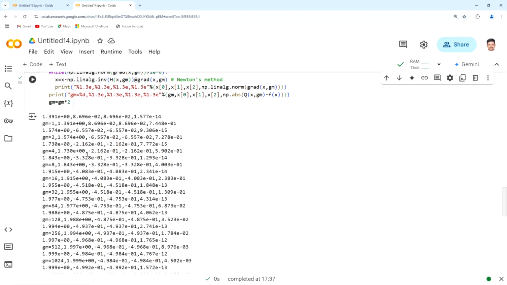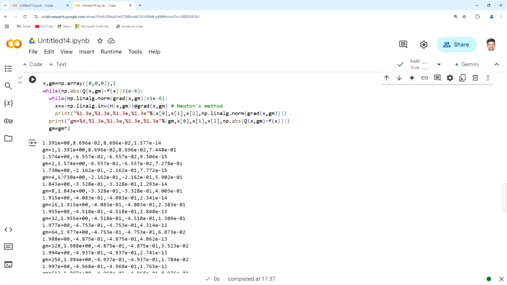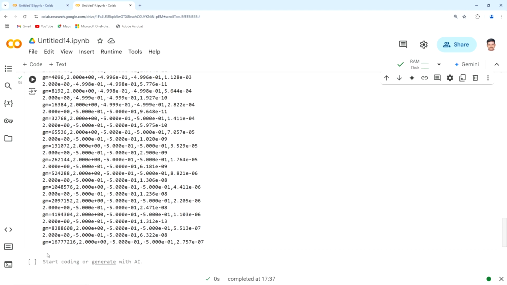Okay. So you can see that each of the inner loop has completed in just one step, because that is how Newton's method is. Newton's method is quite fast. Okay. But you get the final answer 2, minus half and minus half